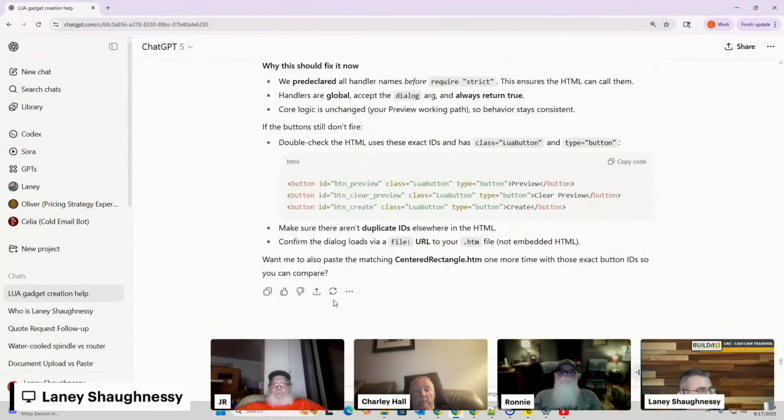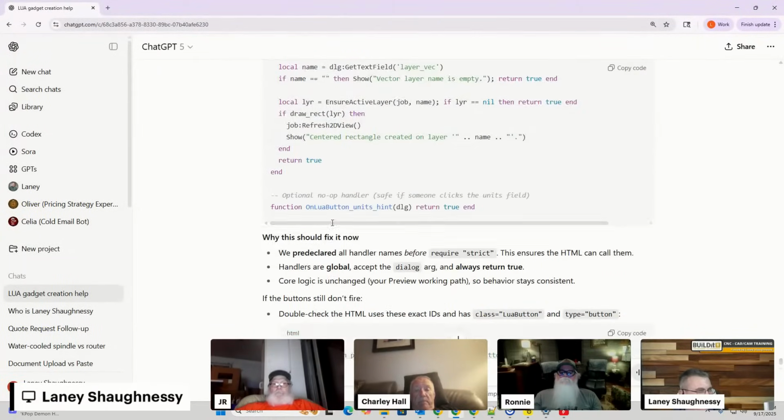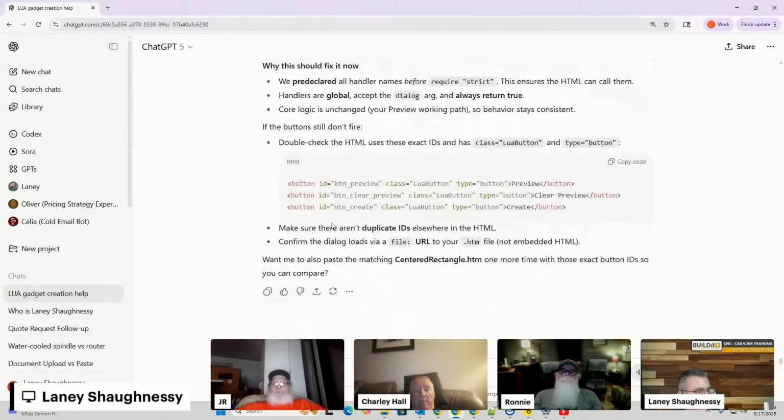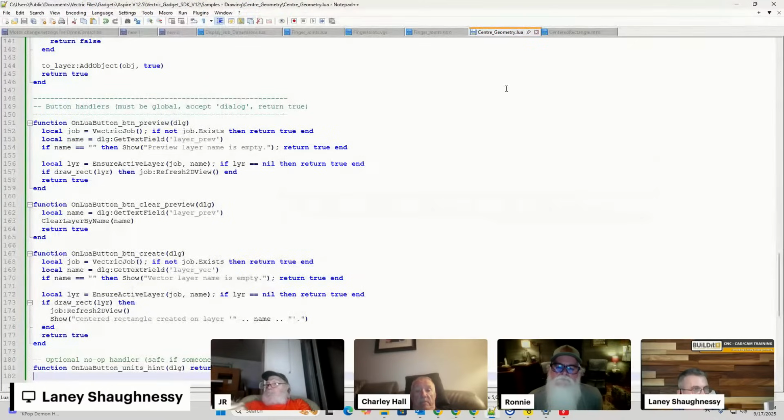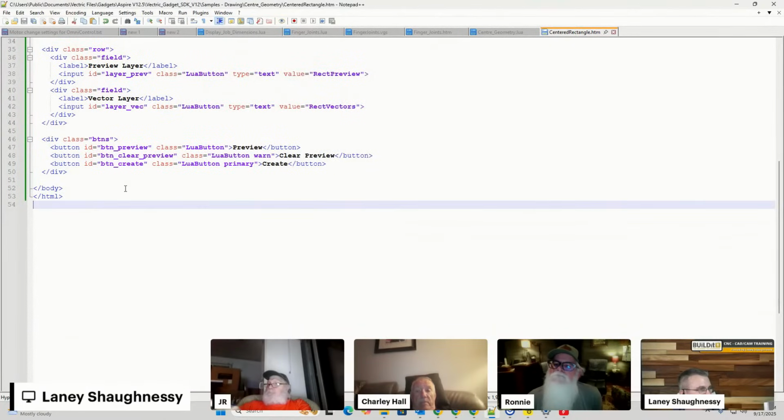It says at the end here why this should fix it. All right, so we'll see. And then it says if the buttons still don't fire, double check the HTML that it has the class Lua button and the type button in there. So it shows me the code here where the buttons are. I'm going to copy that, because this is the button ID where it creates the three buttons. If I go back into my code on that HTML, where it goes down to the bottom where the buttons are,